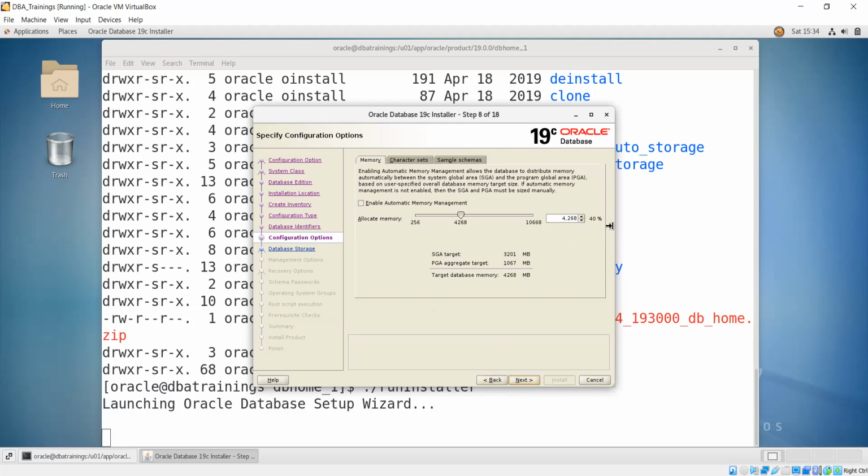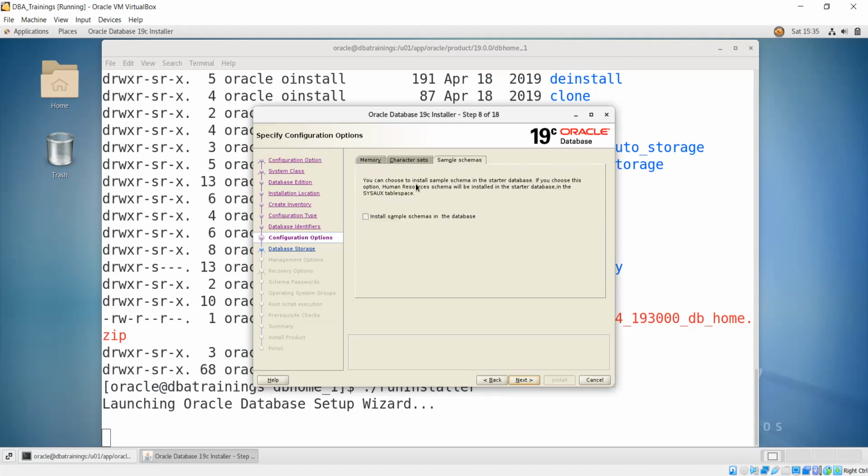Of course, RAM by default it will take 40%. It's okay for me, I don't want to change anything. Of course, I am choosing the simple schema, so that's why I get the simple schema. Click on next.